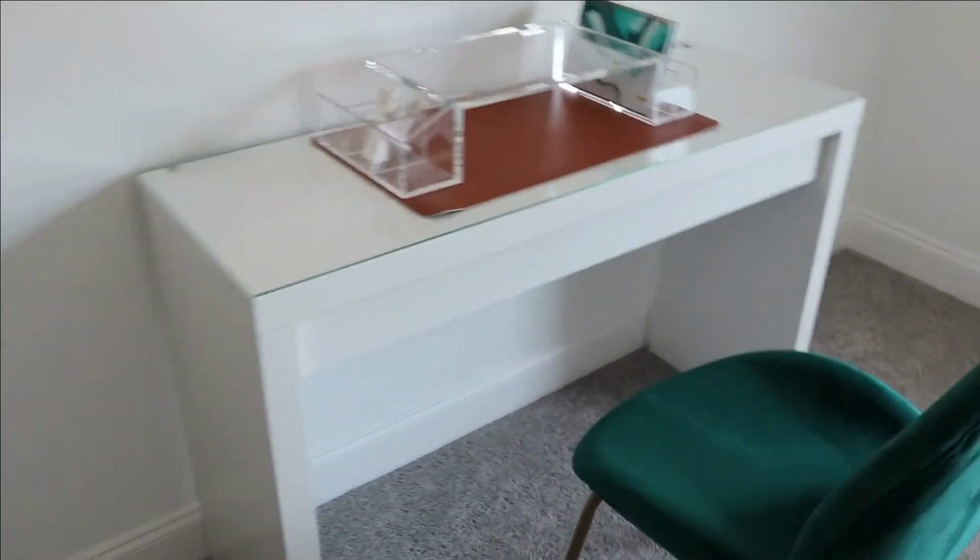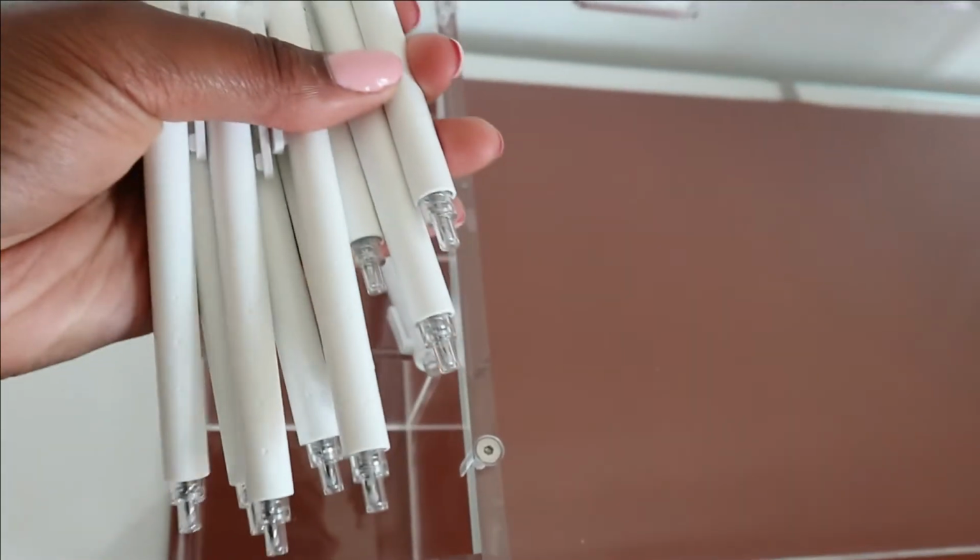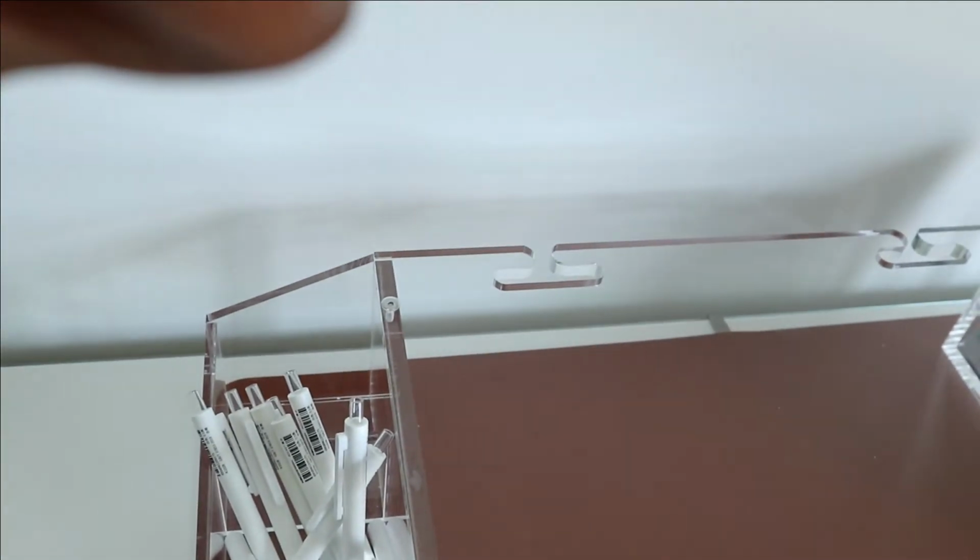Y'all, look how nice. I got these all white pens for no reason, even though I have a bunch of pens downstairs. They were cute, so I got them. What else? What are these? They're gel pens for sure, and they're 0.5. They're like